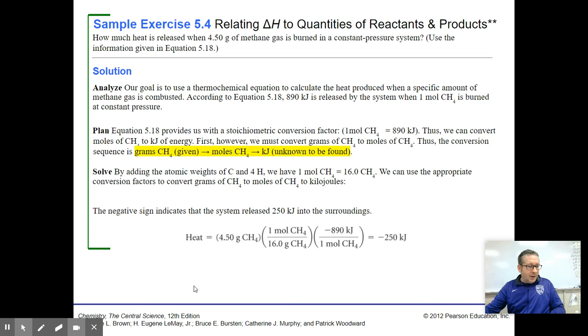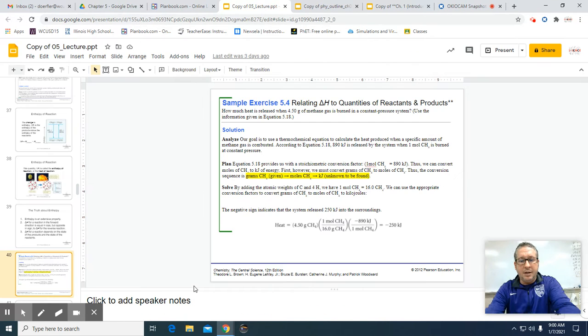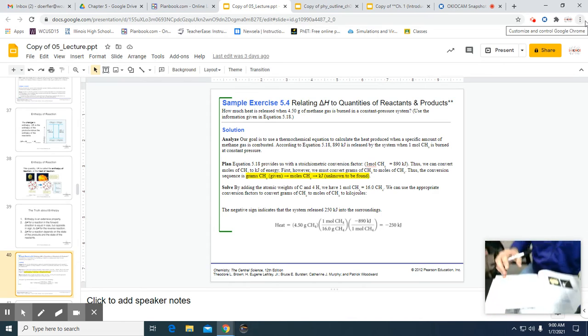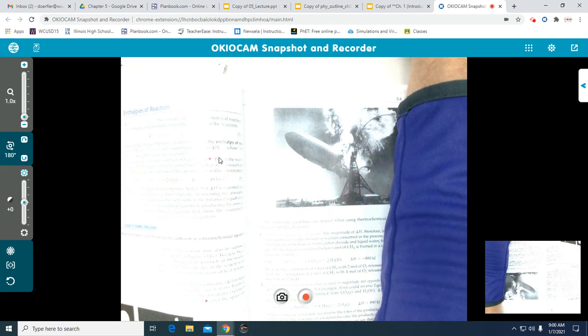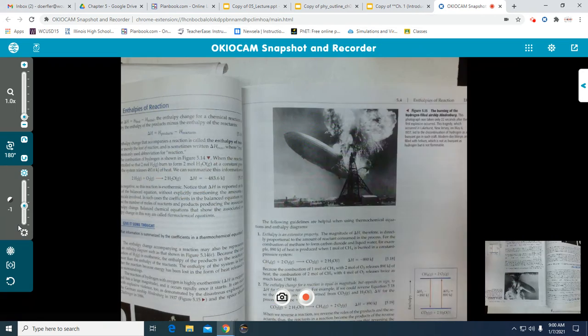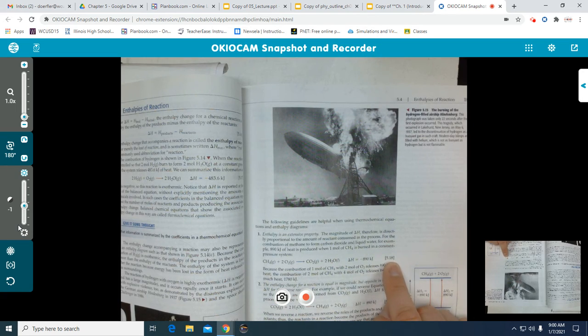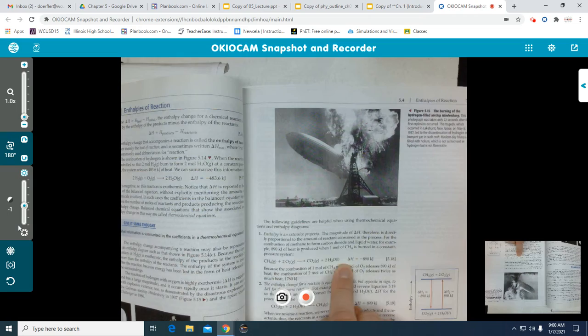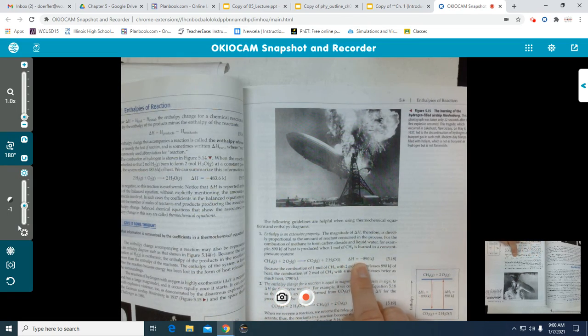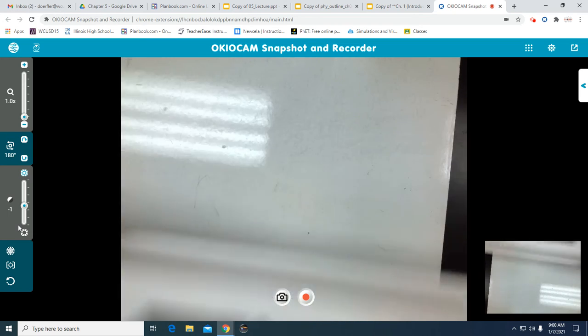Well, if you look in your book in section 5.4, let me dim this a little bit, this is equation 5.18. It's indicated right here in the brackets, okay? This is the equation that they're talking about. It's also the reaction equation that we've been discussing over the last few slides. It gives us that negative 890 kilojoules value. So that's what we're going to use. So getting back into the problem here,